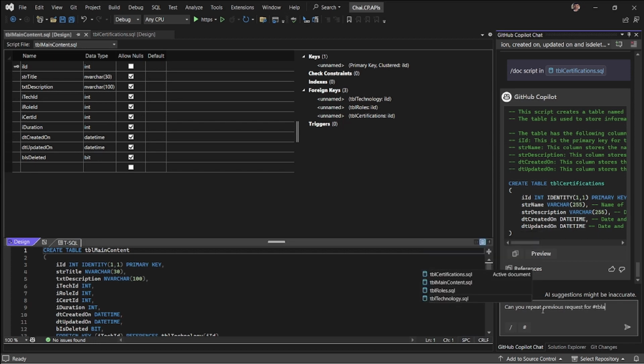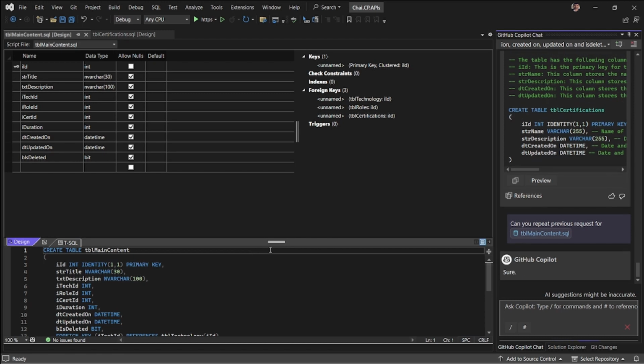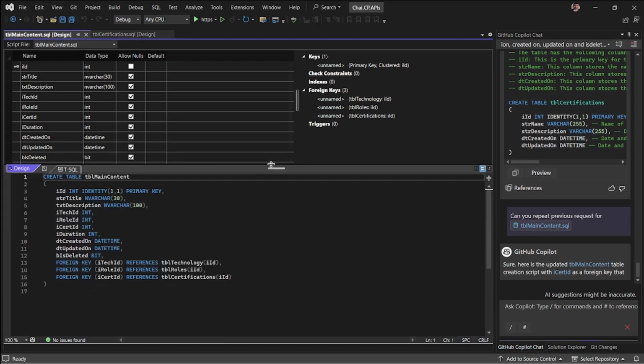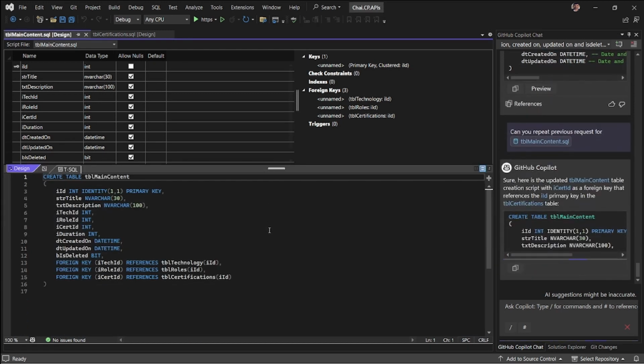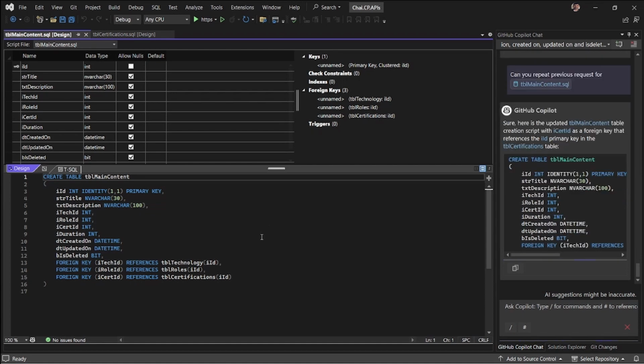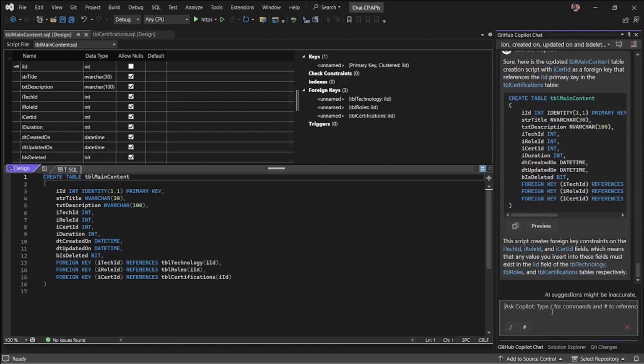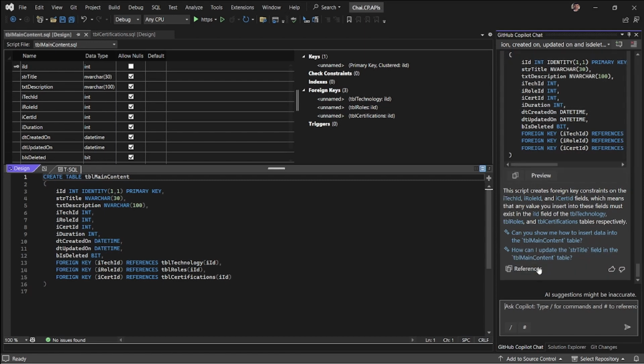So here I'm trying to say, can you repeat the previous request, but this time for TBL technology? Now, if you notice there, I didn't even ask it to generate a documentation. All I said is to repeat the previous step. So GitHub Copilot was able to understand the context of the previous command, refer it to the new file, and